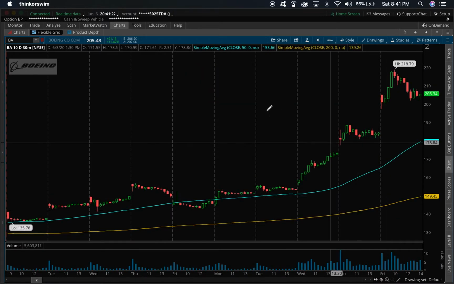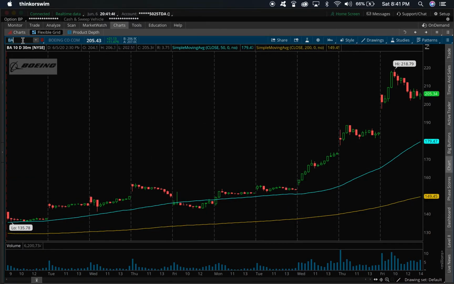All right, and then here's the 200. I like using this because I can see if it's trading right on the line, and right here you can see it starts moving up on volume. I mean, this would have been a great entry right here, because you can see there was resistance right around 156, and this is Boeing that we're looking at. There's resistance at 156, and it just broke out. So this is what I like to use